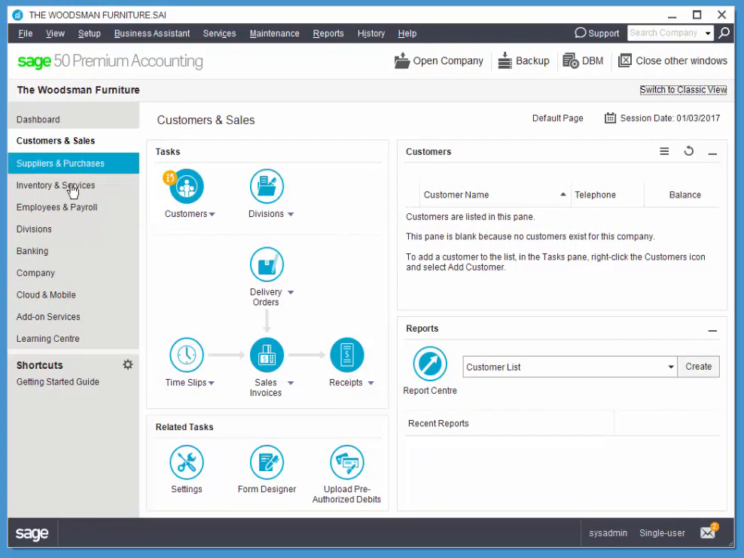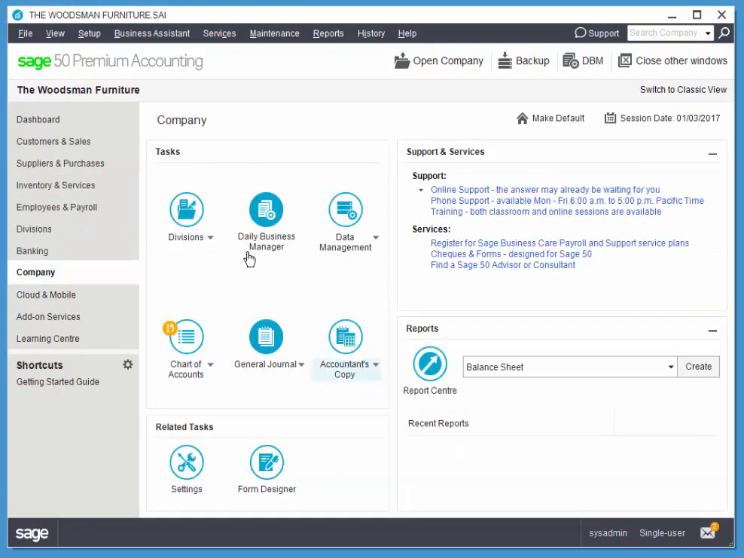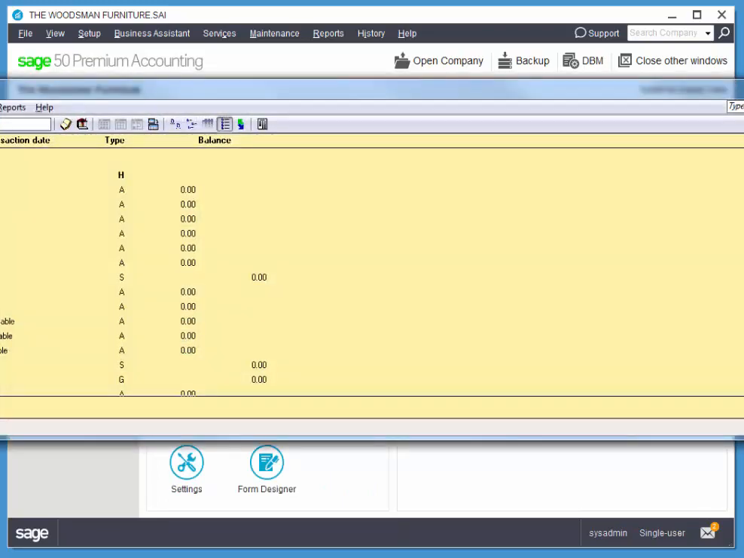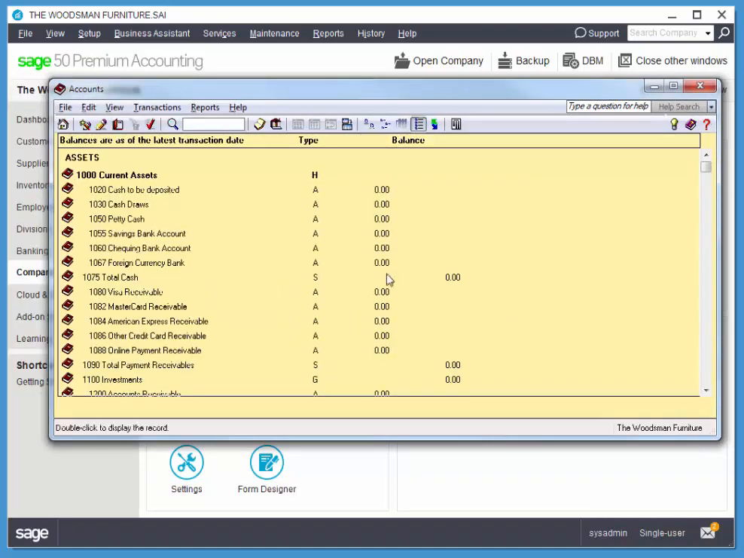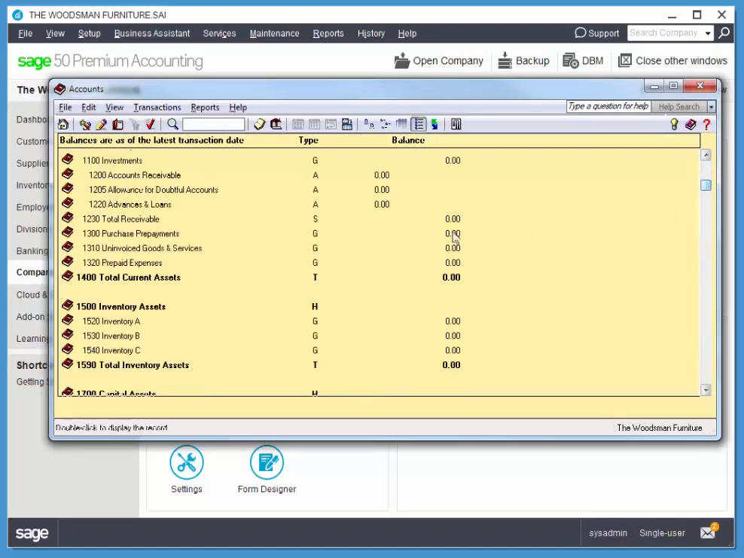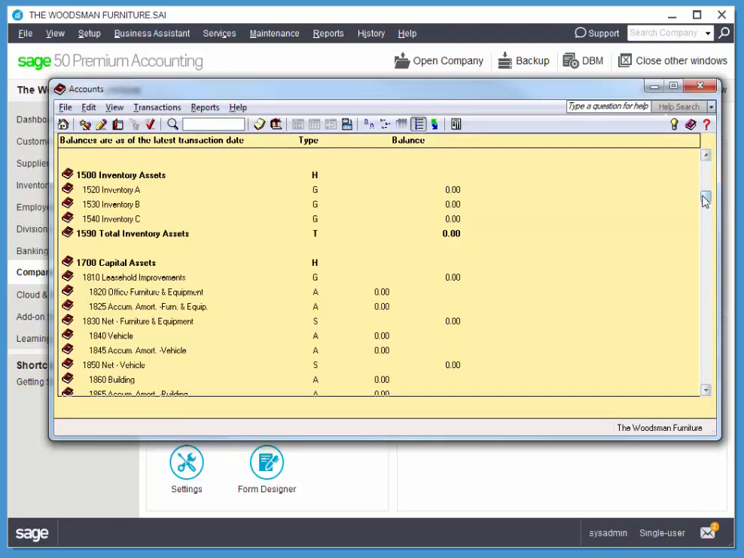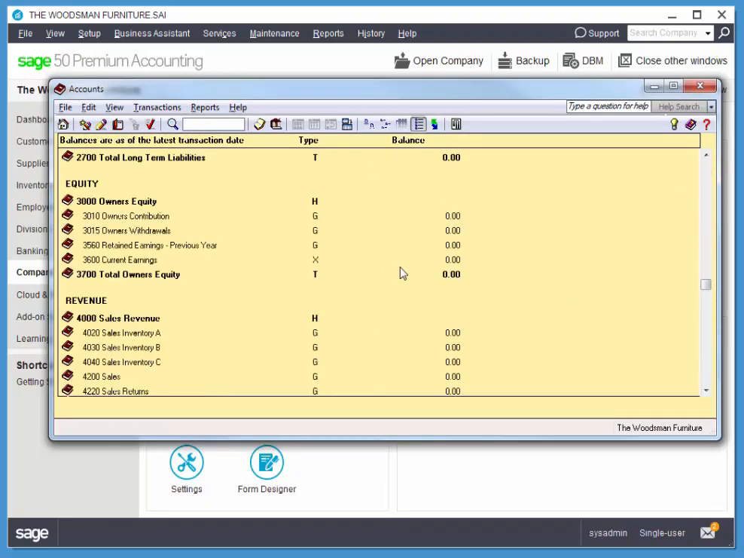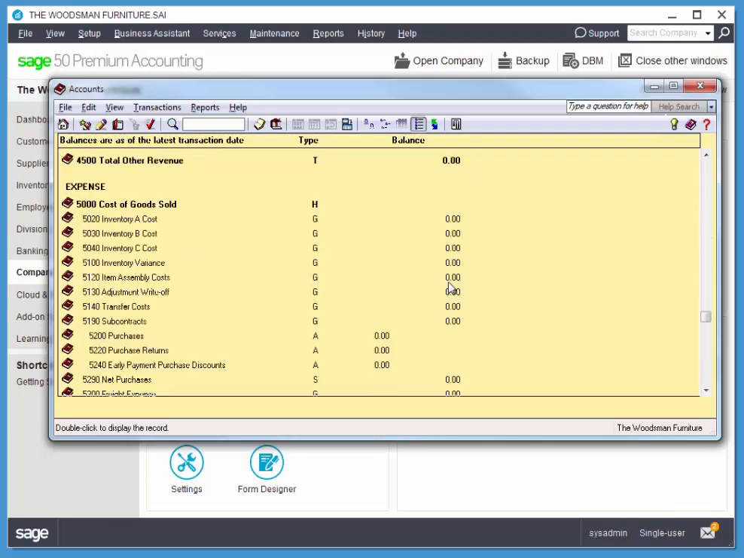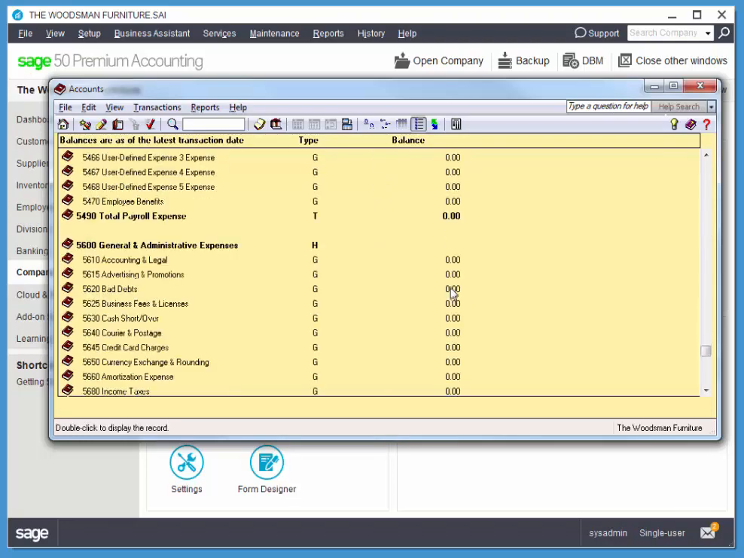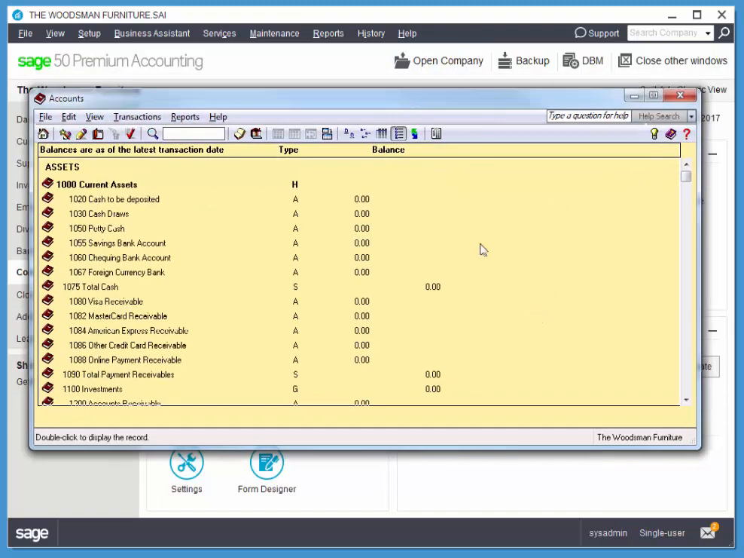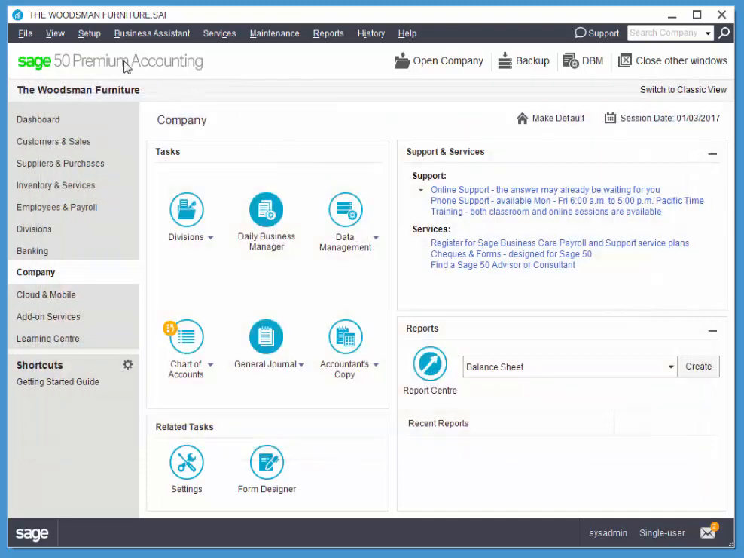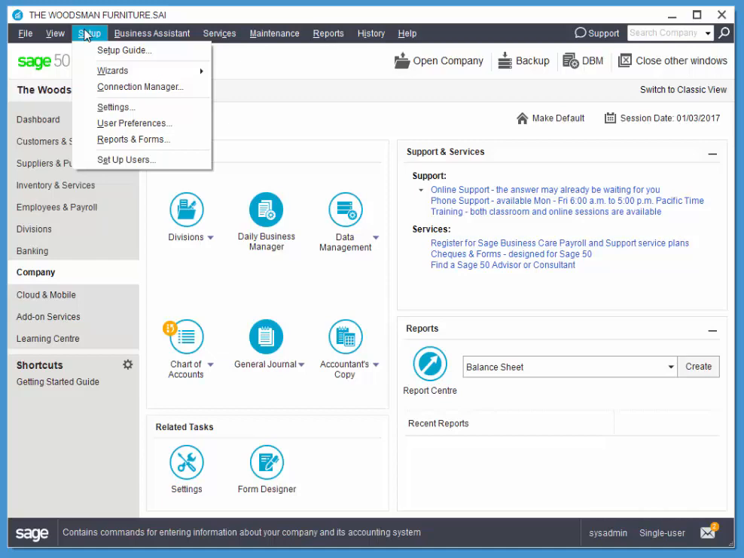So if you notice, if I go to company chart of accounts, let me just resize that so you can see the whole thing. Of course, we have a typical chart of accounts for a retail company. Depending on what type of industry and business type you choose, you'll get a different chart of accounts, maybe slightly different. And if I look at my taxes, again, because I chose BC as a region,